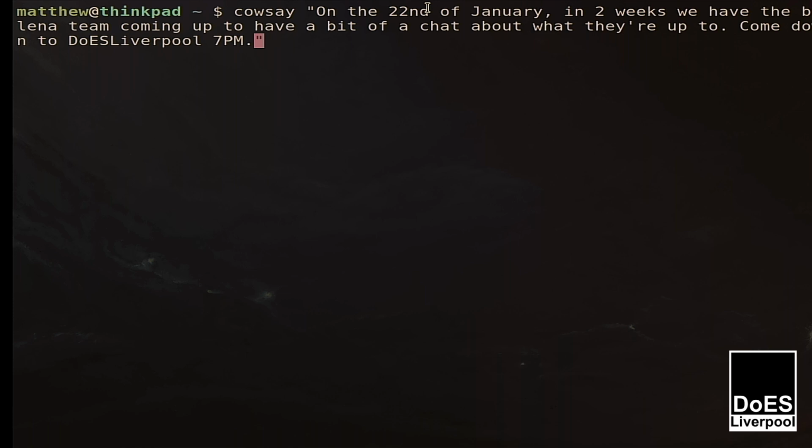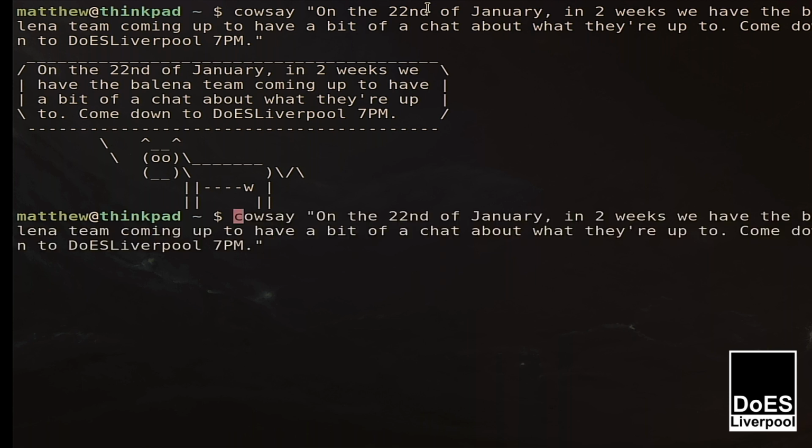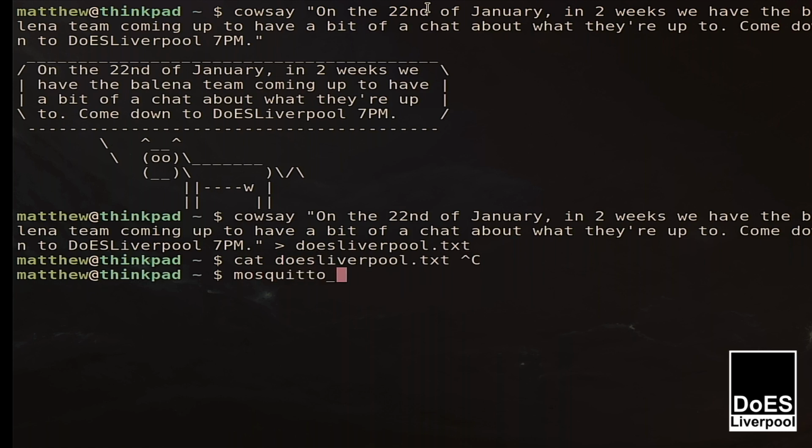And then we're going to pipe all of that into an MQTT. Sure. I was thinking maybe I could pipe it into an MQTT message and then. Yeah. Actually, do you know what? Let's do this. Let's do it. So we're going to pipe that into somewhere in a canary, canary ground loop house or something. Does Liverpool.txt. Cat does Liverpool.txt. Pub